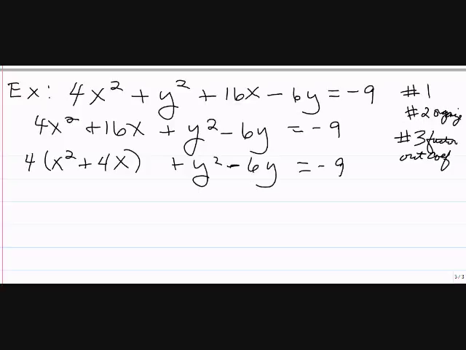No, just the y's. You separate the x's from the y's. All right. Now we'll complete the square. X squared plus 4x is x plus half of 4, 2,